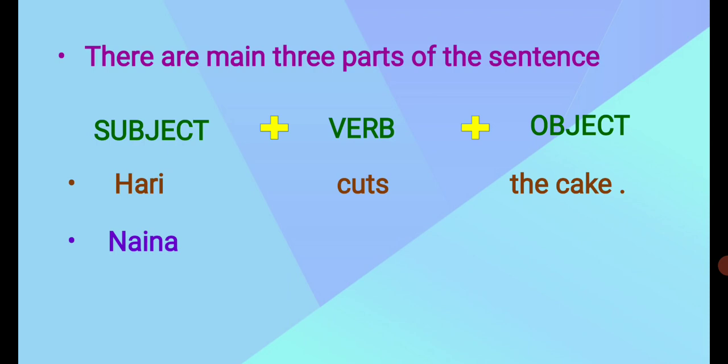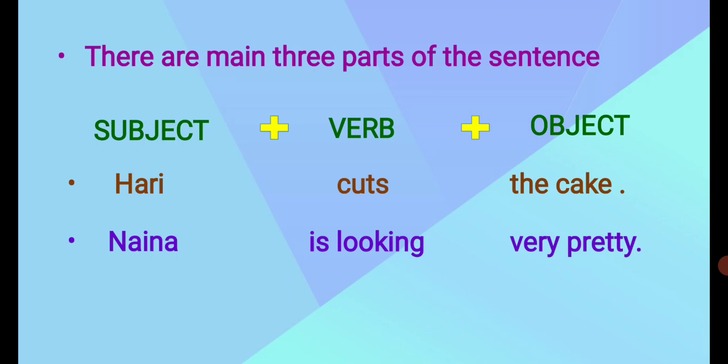Let's see another example. Naina is looking very pretty. Just remember that not only the action verb, the helping verb is also used as a verb. A helping verb replaces the verb in a sentence when the main verb is absent. Here both are there. The helping verb is in the sentence and the main verb is also here. So they both are called the verb of the sentence.